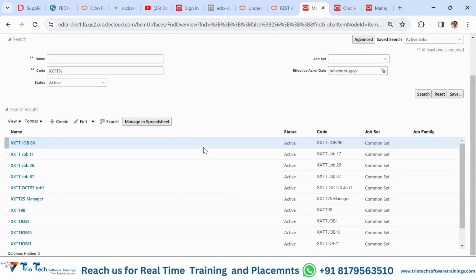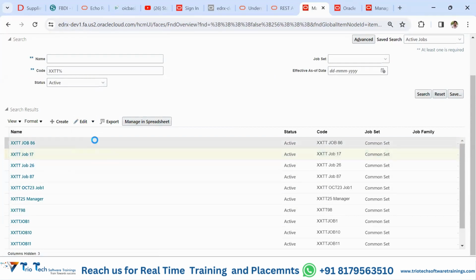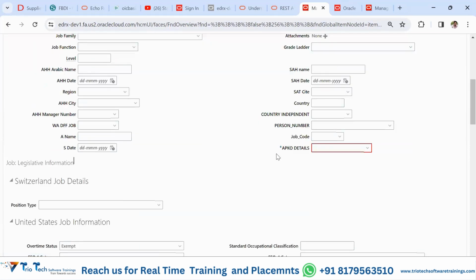Okay. Talking about whatever data is available, you can select that particular row, and here there is something called edit and correct. If we go to correct, this particular row will open up in correction mode, and we can do the correction, whether the job is temporary or we want to make it regular. If you go to the review or whatever mandatory fields we are supposed to fill up,